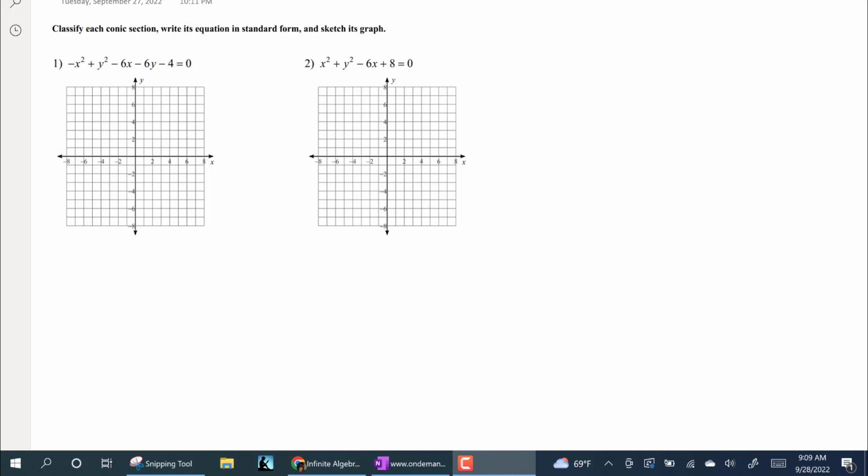Okay, hi. So on these first four problems, there's one of each type. There's a hyperbola, an ellipse, a circle, and a parabola. Not necessarily in that order, but there's one of each. And normally